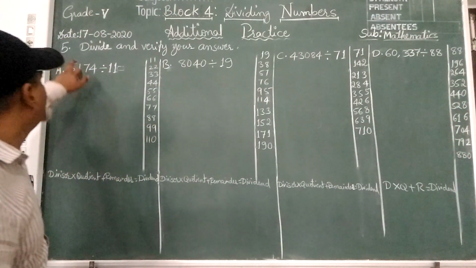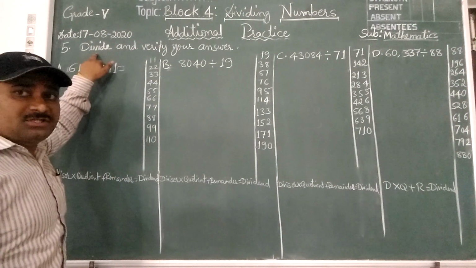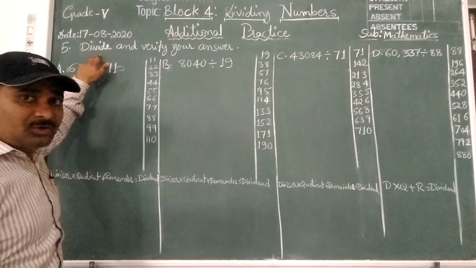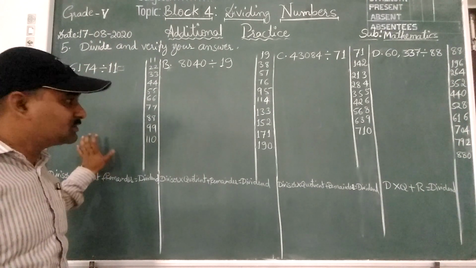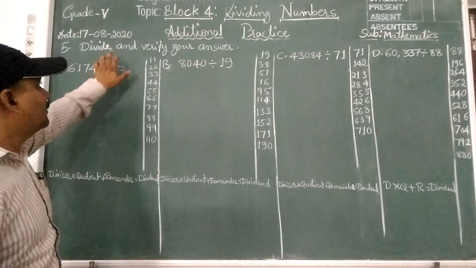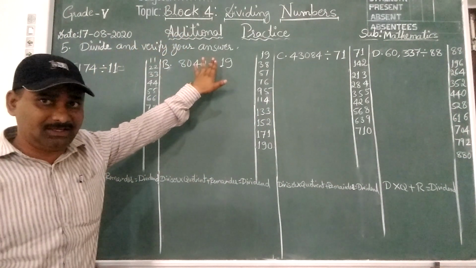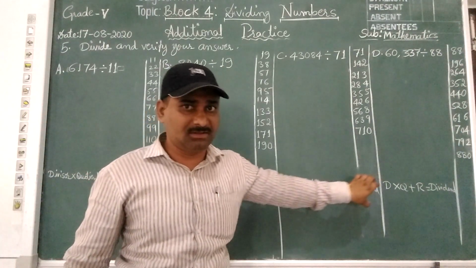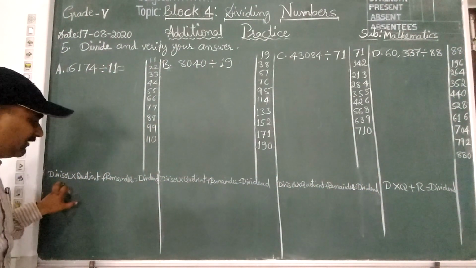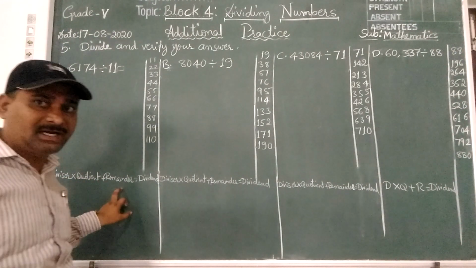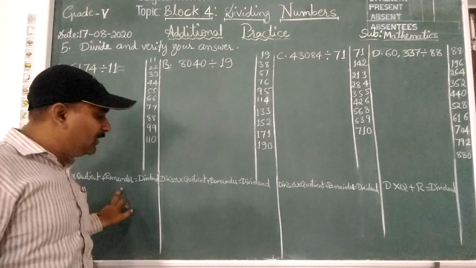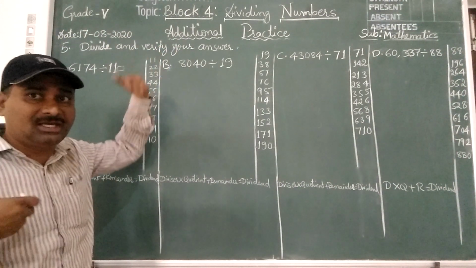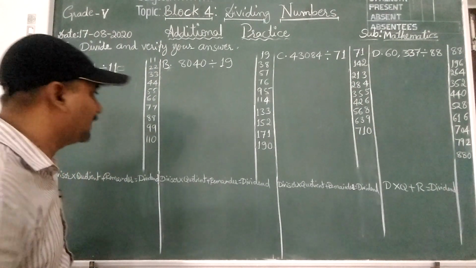Okay children, this is your 5th question. The difference between the 4th, which we just did, and the 5th is that in the 4th the question was only divide, and now it is divide and verify. That's why you are seeing this extra formula here, children. To verify: divisor into quotient plus remainder. After doing that, if we get the dividend, then we are correct. We are verifying, meaning we are checking our answer whether we are correct or not. Okay.